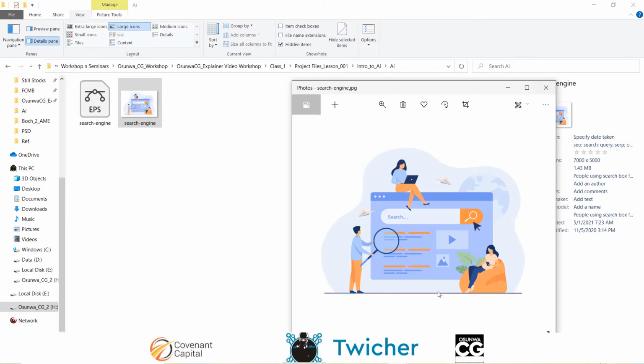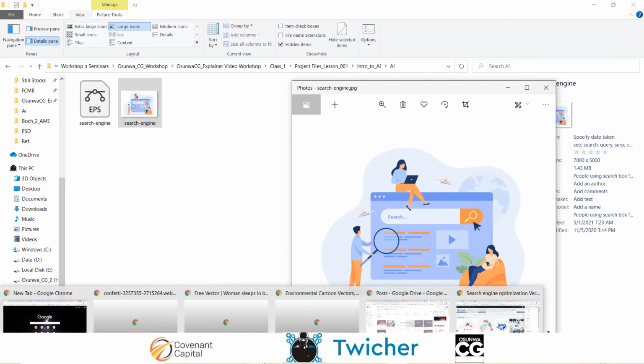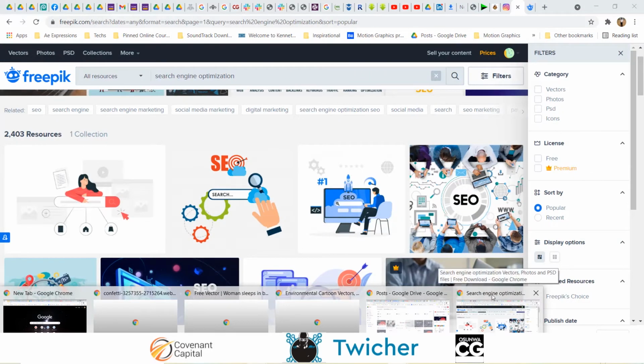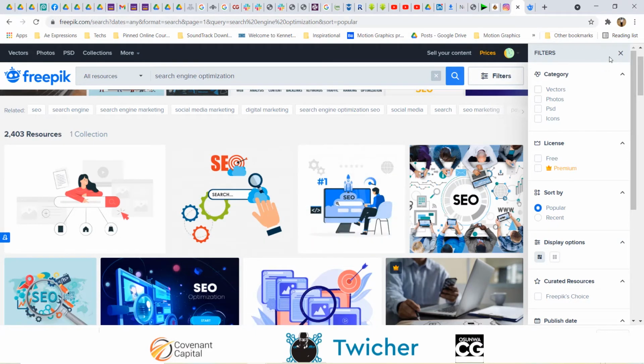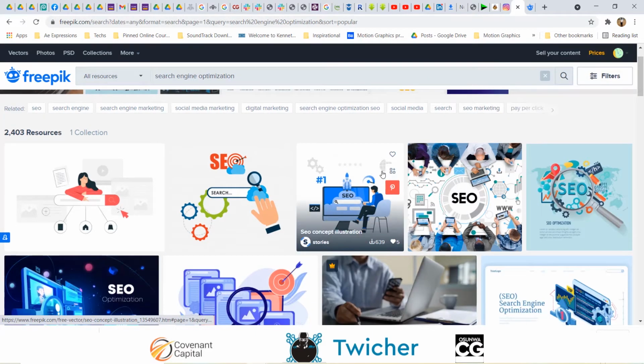That's what this illustration is about. That's what we are using this to give a visual interpretation. It is search engine. So how I normally do it is that once I have my concept, search engine, I usually go to a very good site. Like the site is very, very good. It helps me a lot. I come to this site. It's called